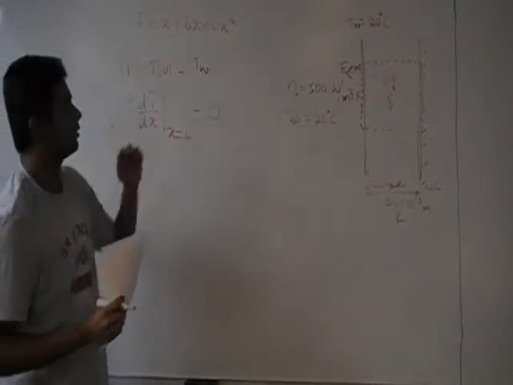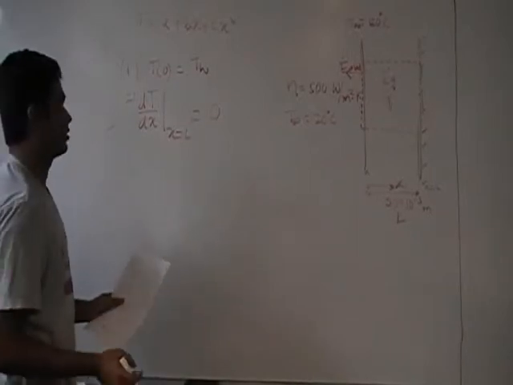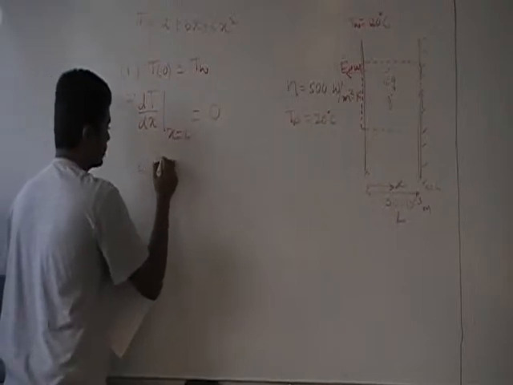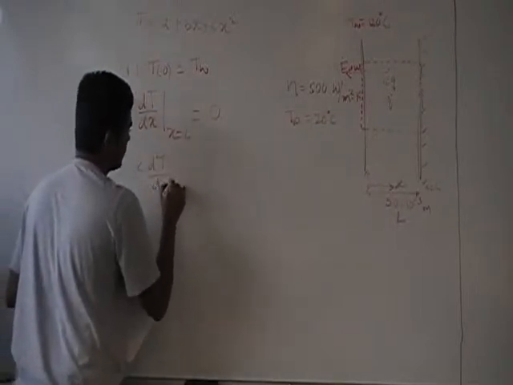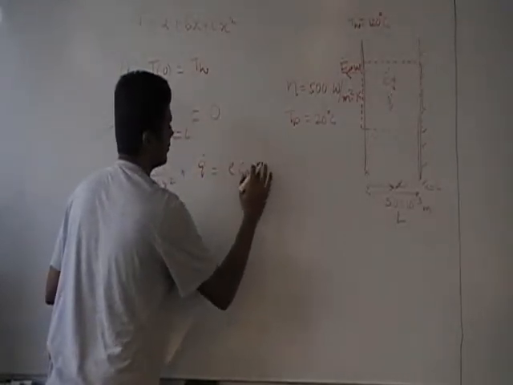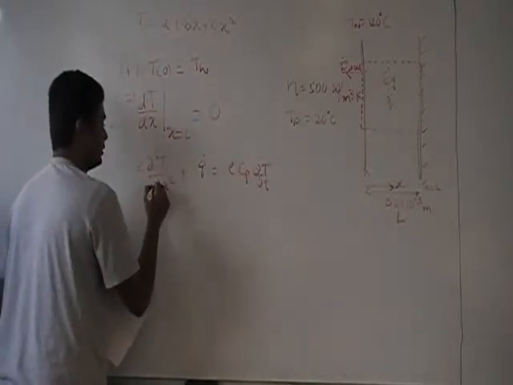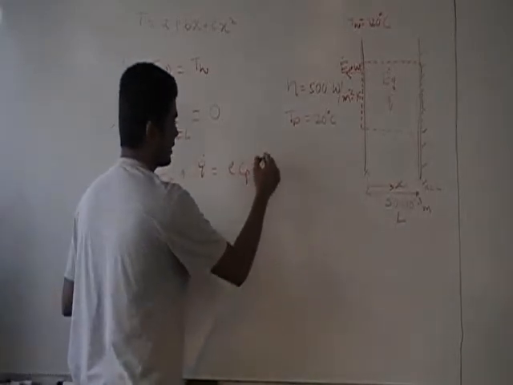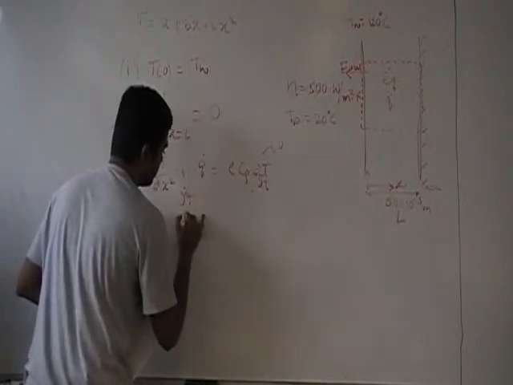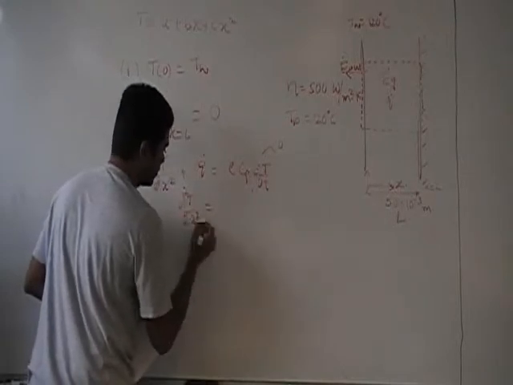We still need another equation to estimate all the three terms. Now for that we need to go to the heat diffusion equation. So if you look at the one-dimensional heat diffusion equation, we have K times d squared T by dx squared is rho Cp, they are partial derivatives for now. We know it's steady state, so this goes to 0. And so K d squared T by dx squared, or the absolute derivative here, is